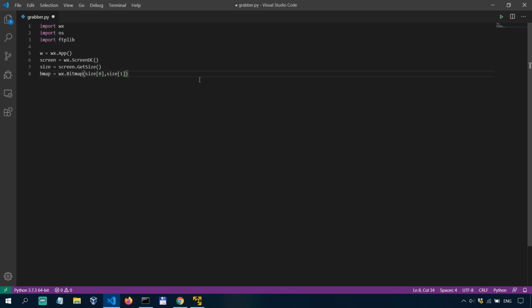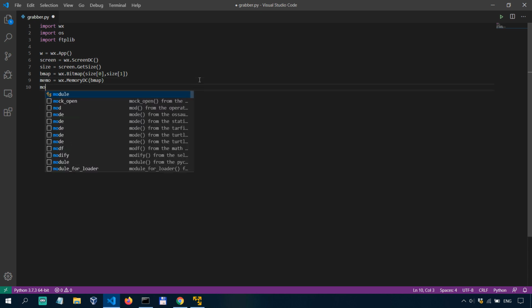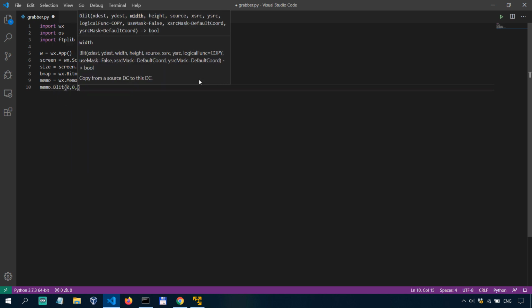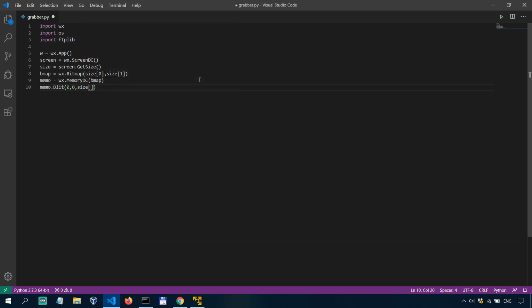The next thing we need is a memory device context to enable us to draw graphics onto the bitmap we've just created. So we'll say memo equals wx.MemoryDC(bmap). So this is the parameter or the argument that we need to specify. And then we just copy our previously defined screen into this context. So we do that with memo.Blit(0, 0, and I'll explain shortly, size[0], size[1],